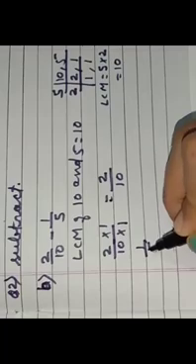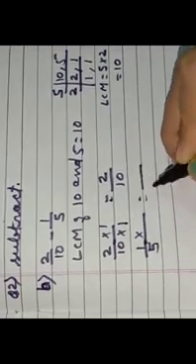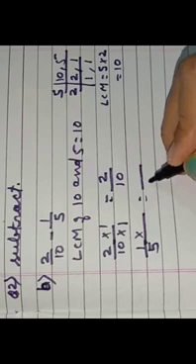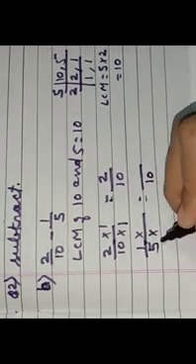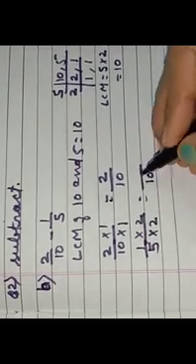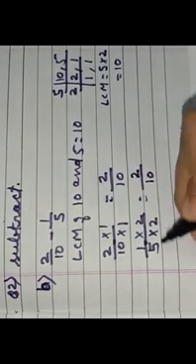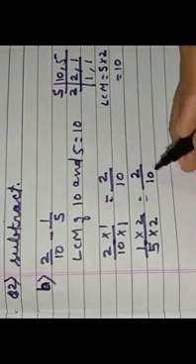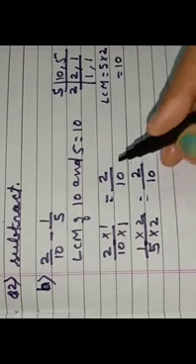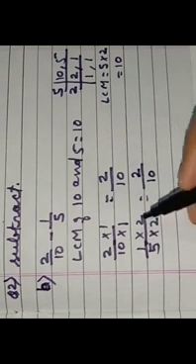Now second fraction is 1 upon 5. We have to get the denominator 10. So we will multiply this fraction by 2. And we get the product, 2 ones are 2 and 2 5s are 10. Okay, understood? Now we see that both are like fractions. So we can write